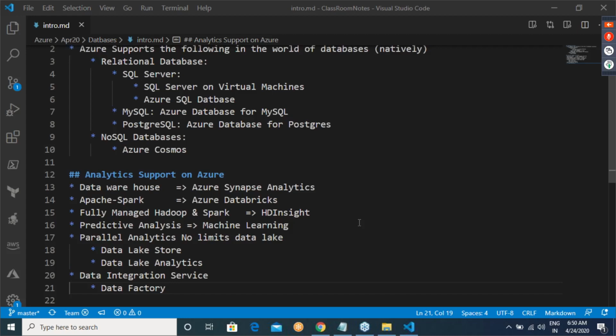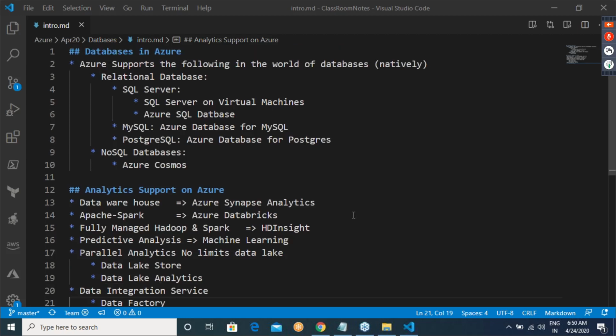When it comes to data warehouses, what are the different solutions it has? When it comes to NoSQL, what is the support it has? There are many things that come down over here. So this is the whole product line.